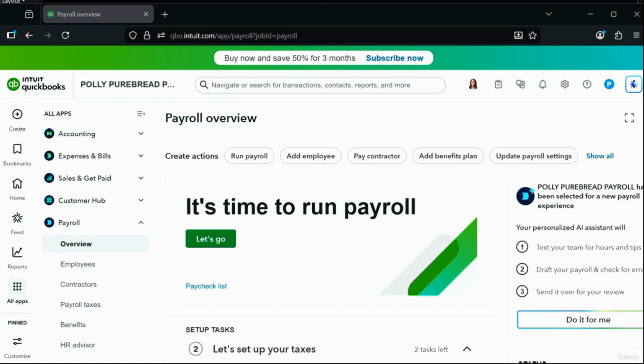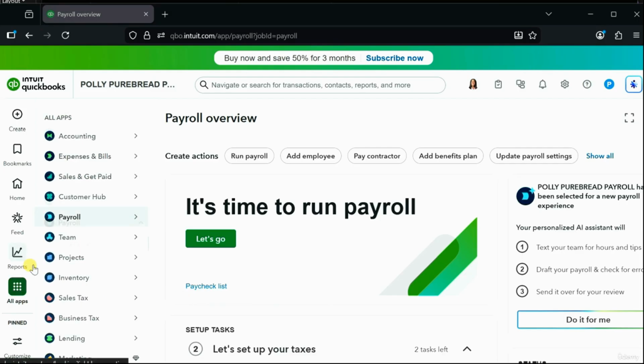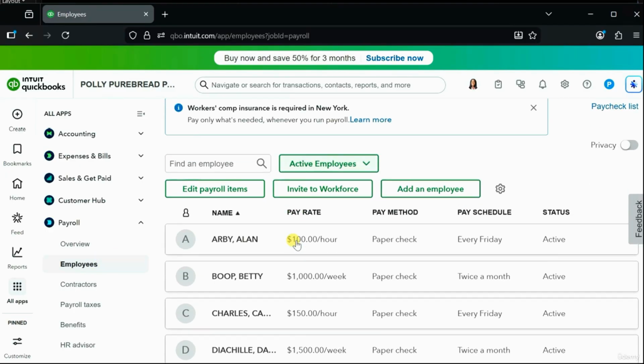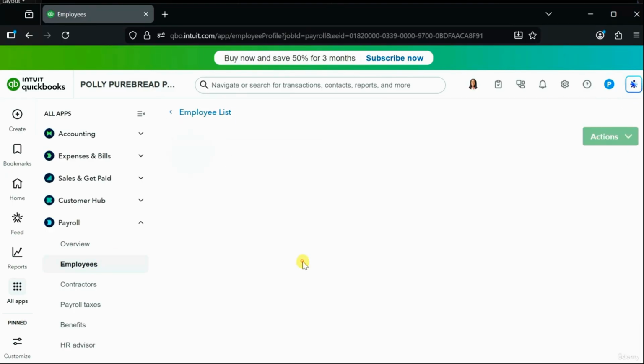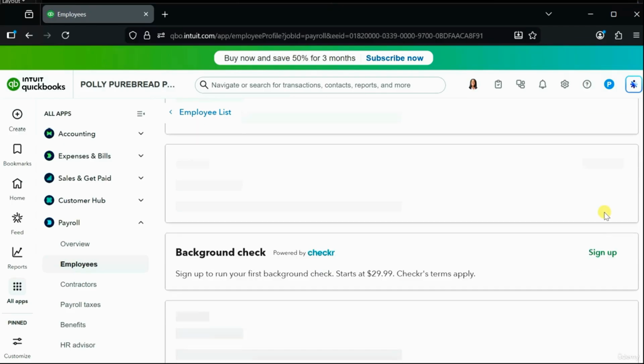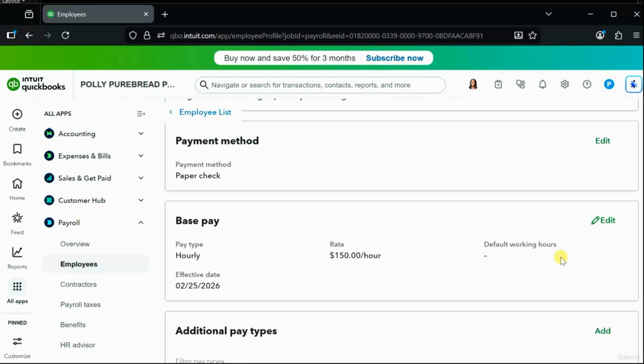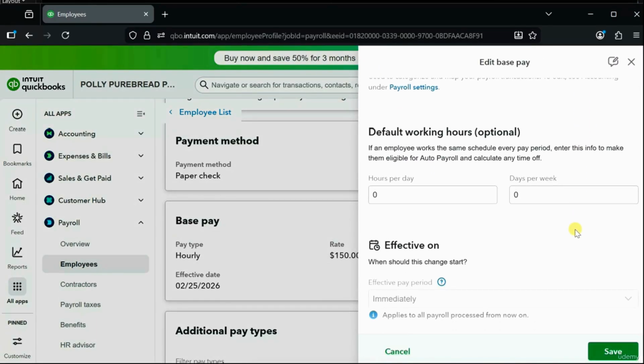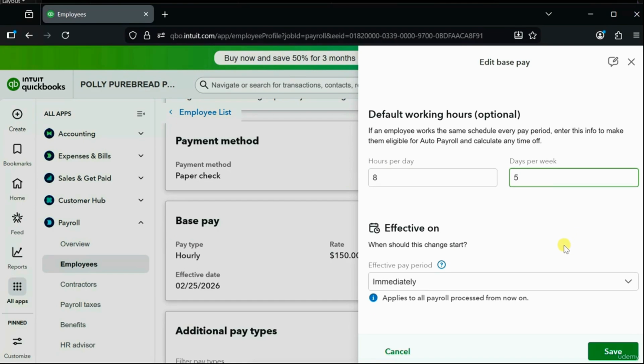So we open Candy's employee information by clicking Payroll, Employees, go down to Candy, double click, and in the area of Base Pay, we will click Edit, and you will see we did not set any default working hours. So let's just put 8 hours a day, and we'll put 5 days a week, and then